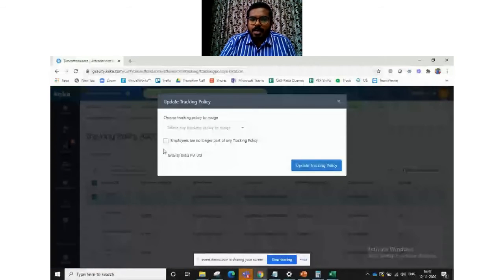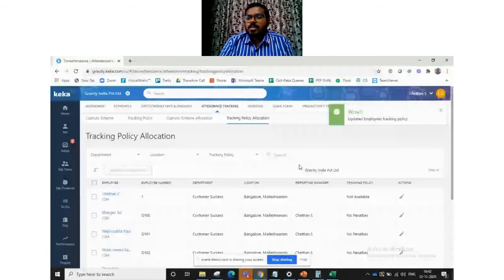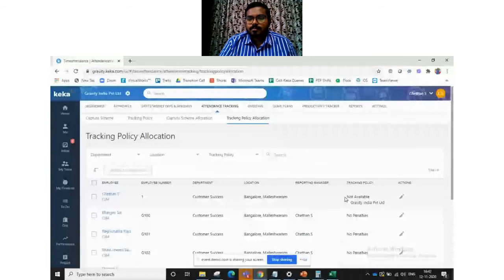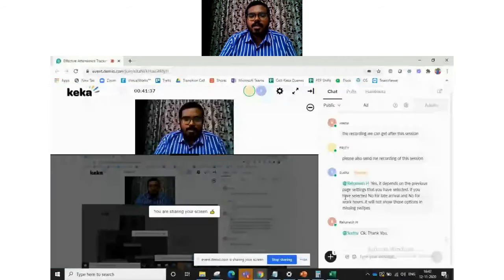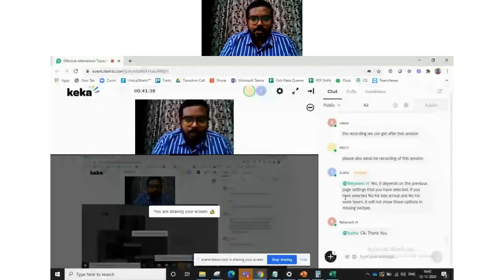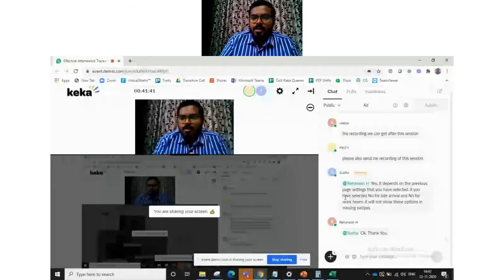So you can click on update tracking policy and choose the option, employees are no longer part of any tracking policy, and update, which means Chetan will not have any tracking policy, and this shows as not available. We suggest this for all the top management people, because they have the privilege of taking care of their own things, and we don't need a system for regulating all that.